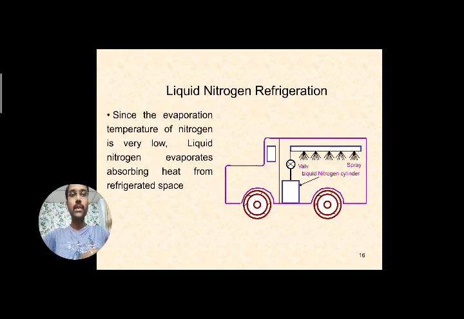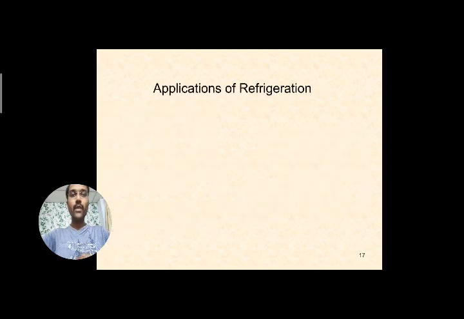So whenever the temperature is increased inside the container, the control valve automatically opens, and the liquid nitrogen from the cylinder enters through the nozzle and the spray header. It will spray on the containers with the products. Whatever products are placed in the container, the temperature can again be maintained for some more time.